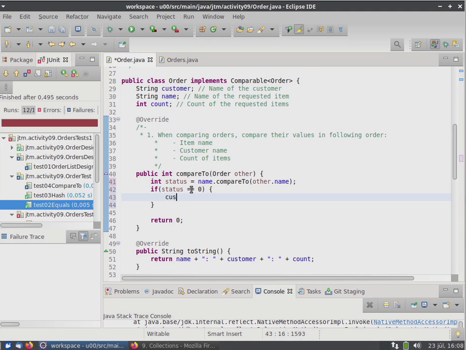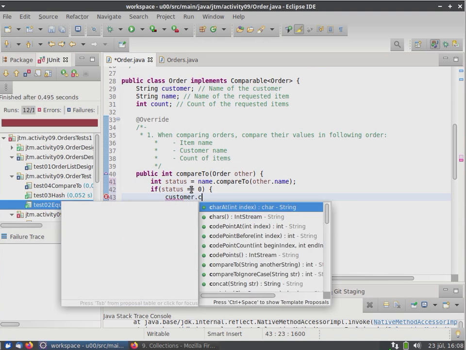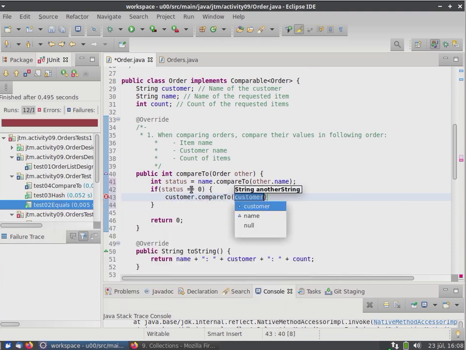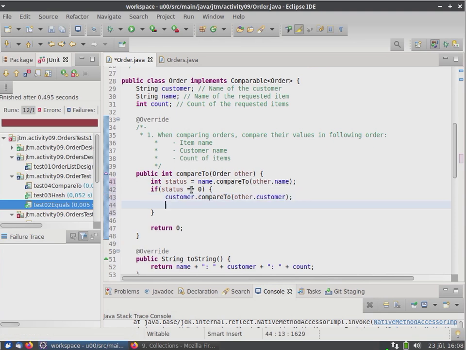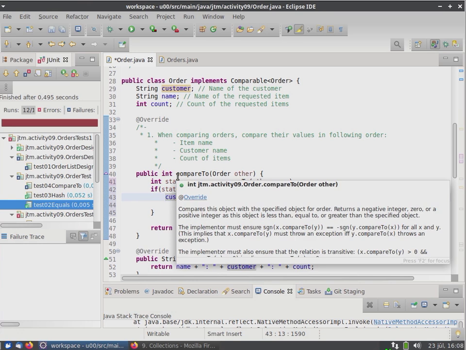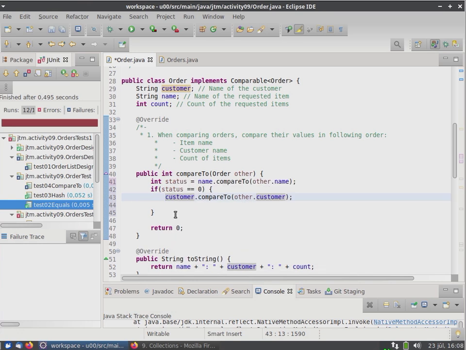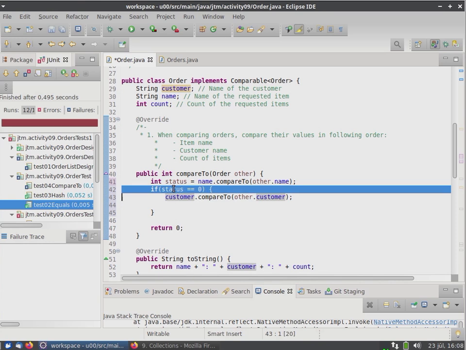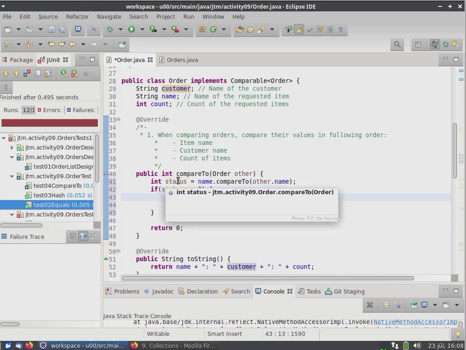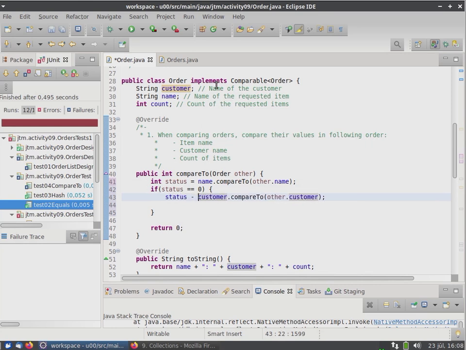We need to compare customer. Other customer. And we still will need to remember it. And here are two schools of thought. Some say that you never should reuse some variable for different roles because it's harder for debugging. But if the only thing I needed to remember is in this case, I tend to reuse variables